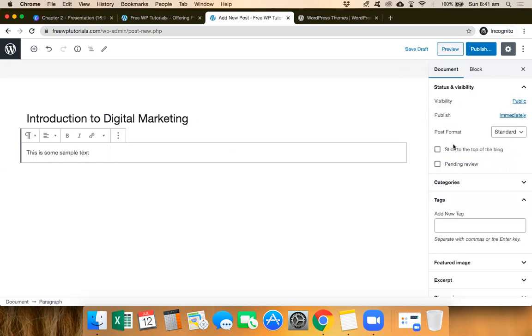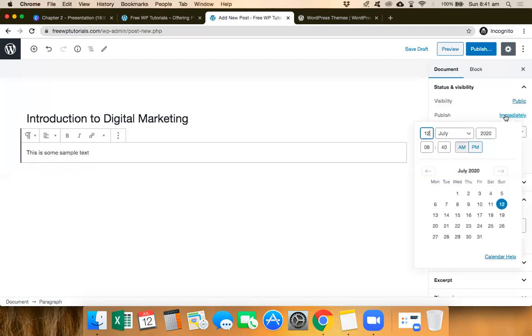Next is when you want to publish this. Let's say you want to schedule your article. Let's say I want to schedule one for Monday, and I want to give the time as well. It has to be published at a particular time, so I can select the date and the time over here. Let's say you've also missed out on an article. For example, I've got a challenge currently happening in the bloggers Facebook group that we have. We've got a 90-day challenge wherein we are trying to churn out one blog article every day.